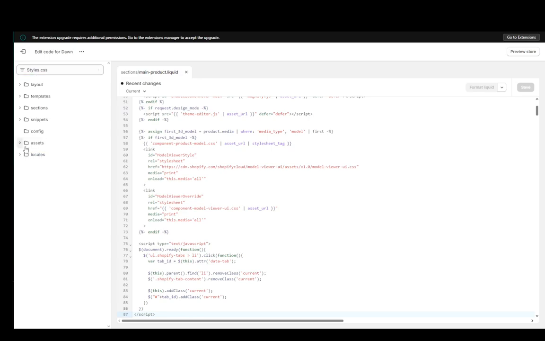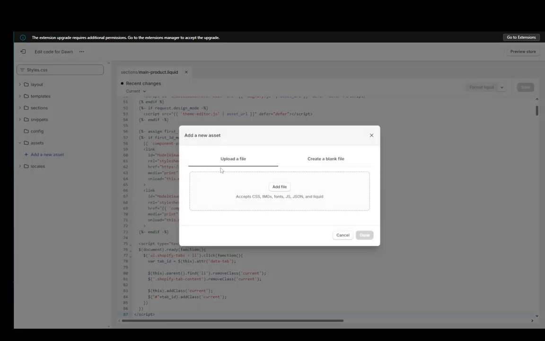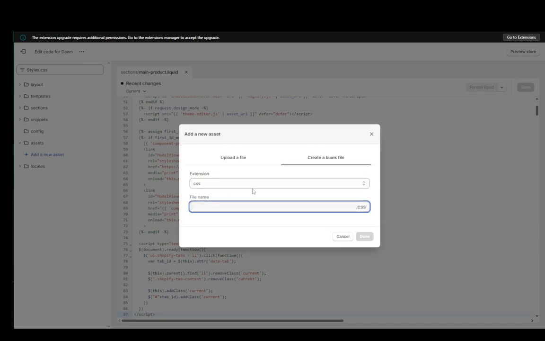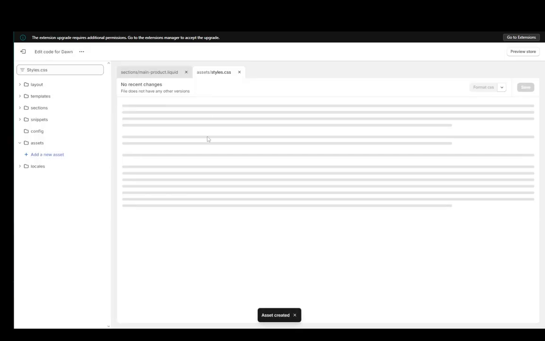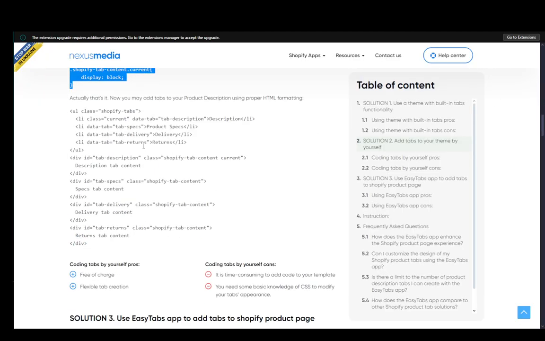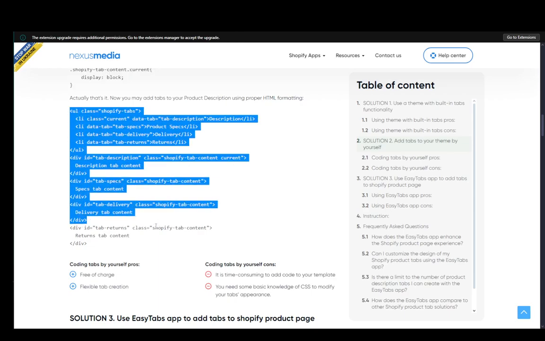Not sure why I can't find it, but you can add new assets if you want. So I'll just create a blank file with the extension CSS. I'll just use styles.css, click done, and once that opens, you can then add your code here, click save, and that should be it. And then you can go ahead and add the product description using product or product tabs,